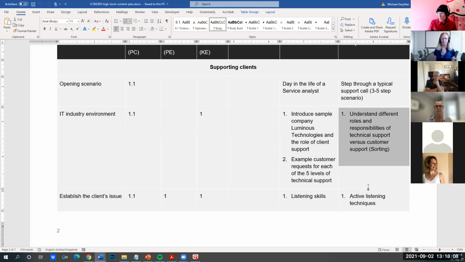So it's really dry. One mechanism we use to try and get over the line is to create a company, an example company. Then we can say, you have to follow a procedure. For example, Luminous Technologies has an industry, or you can even personalize it to say, Luminous Technologies have come to you for a solution to what mediums we might use to support this kind of client. So it becomes a storytelling device and makes it a little less dry. But the purpose of this document is to get the client or your superior or the manager to say, you've had a look at the overall unit and you've created a theme and you've covered it.